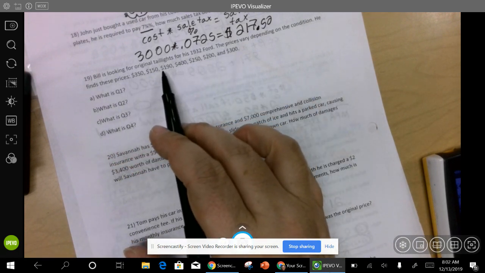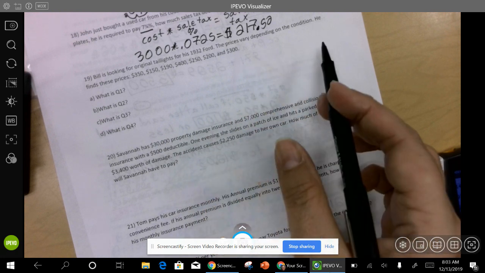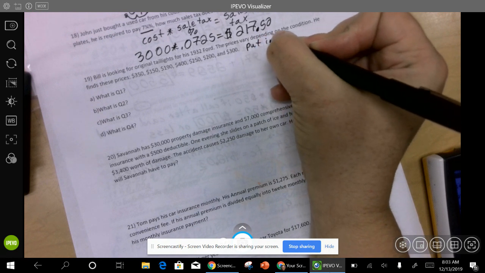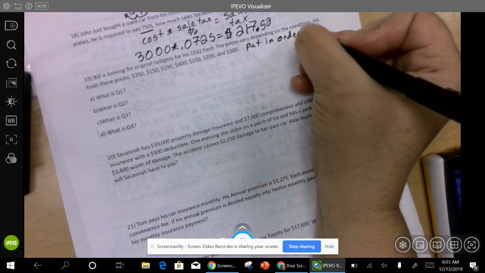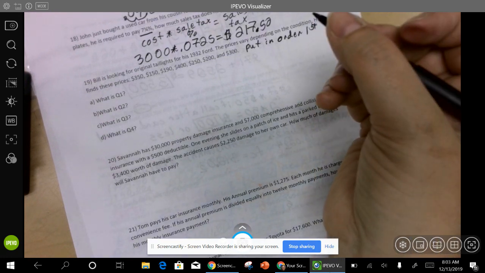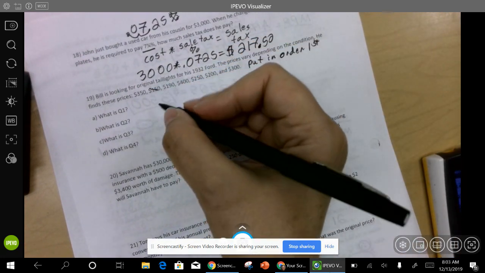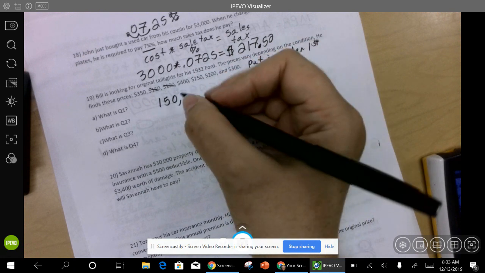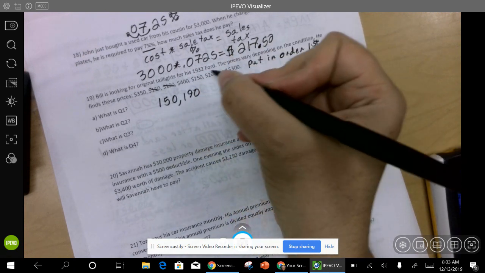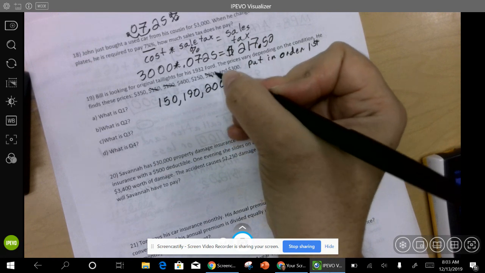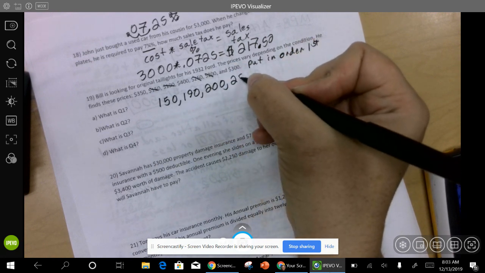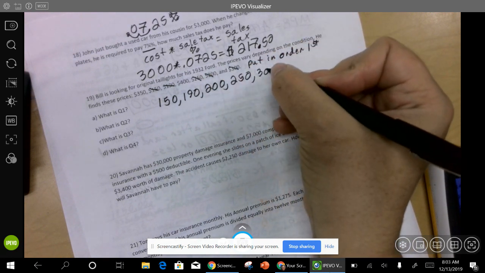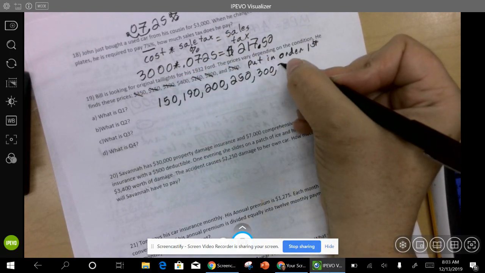Okay, so on this one, Bill is looking for original tail lights for his Ford. Okay, he finds these prices. So everybody, we're going to put in order first. Okay, so we have to put them in order. So I'm going to start with the smallest. So 150, 190, 200, 250, 300, 350,